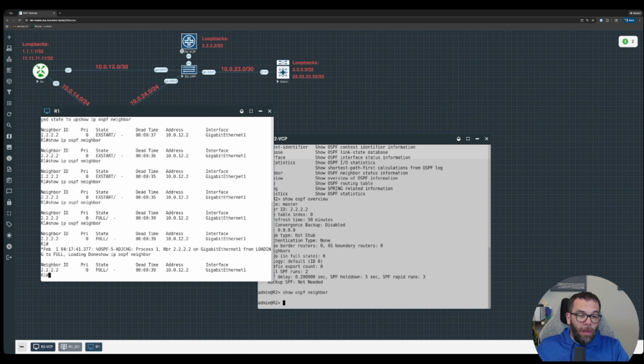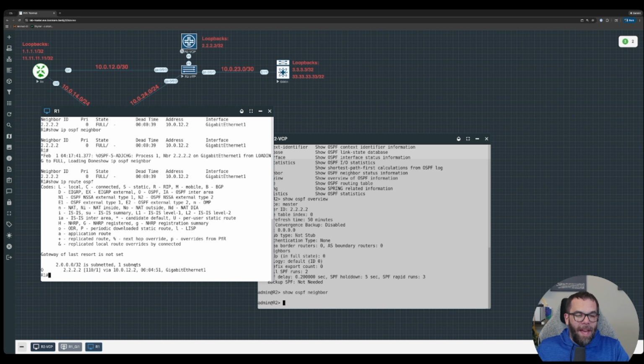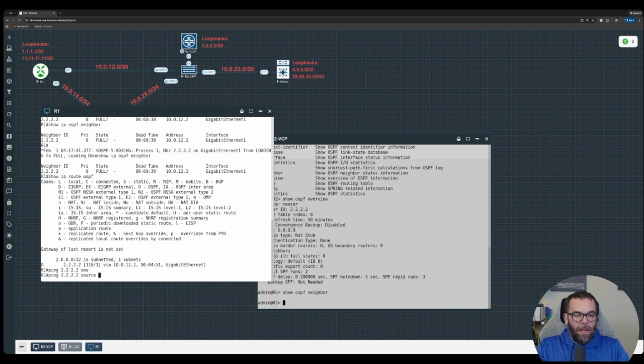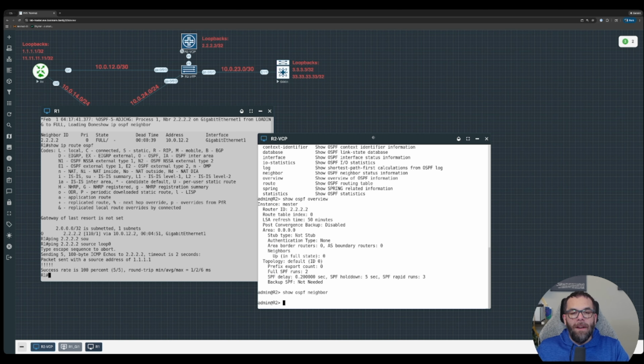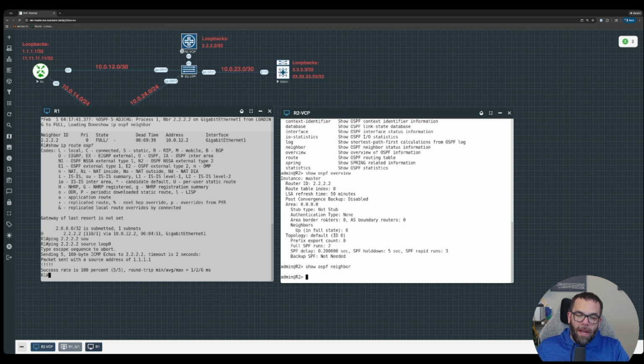We can actually look at the routing tables on both of them. So if we do show ip route ospf on the Cisco device, we'll see we have an inter-area route to 2.2.2.2. We can ping 2.2.2.2, and we can source it from loopback 0. We should be able to ping it perfectly. If we go to router 2 and do the same thing,